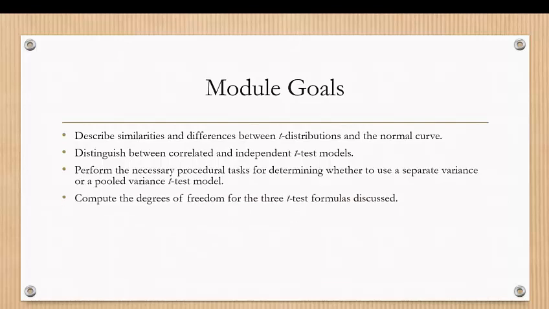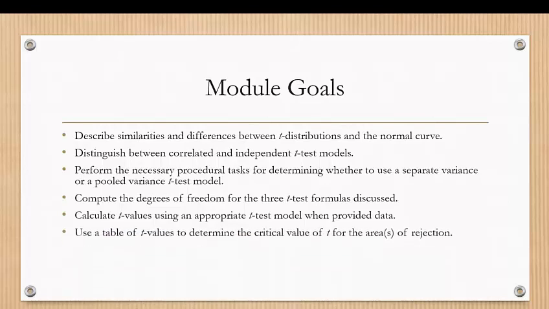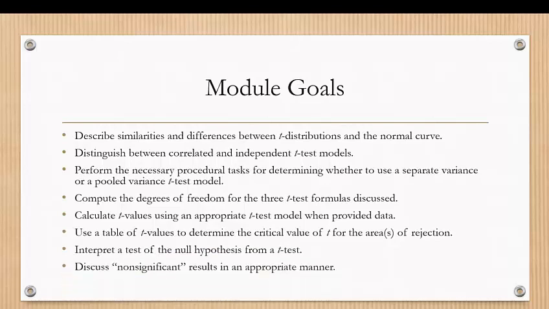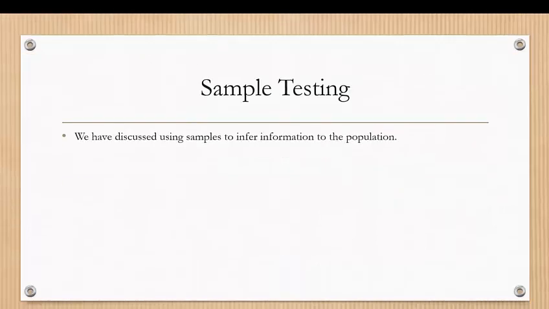Compute the degrees of freedom for the 3 T-test formulas discussed. Calculate t-values using an appropriate t-test model when provided data. Use the table of t-values to determine the critical value of t for the areas of rejection. Interpret a test of the null hypothesis from a t-test. And then finally discuss non-significant results in an appropriate manner. So with that,